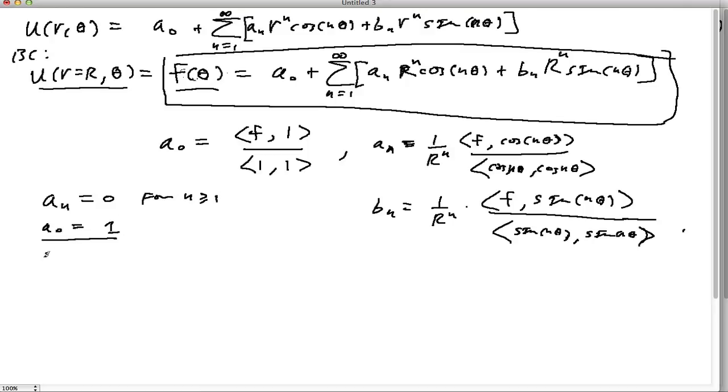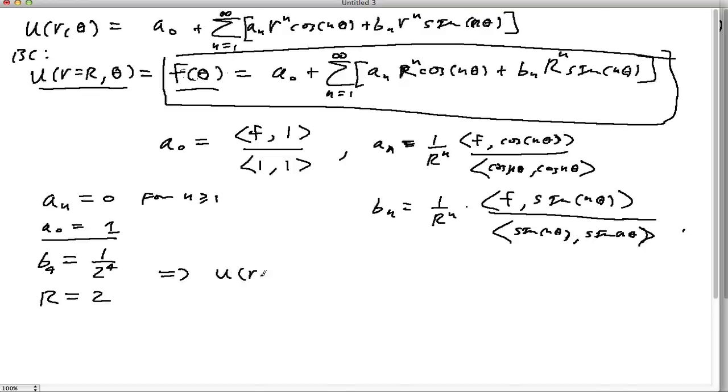And we'll say that B4 will be equal to 1 over 2 to the 4th, and we'll say that our capital R will be equal to 2. We're going to have a radius 2. And so that implies then that our solution